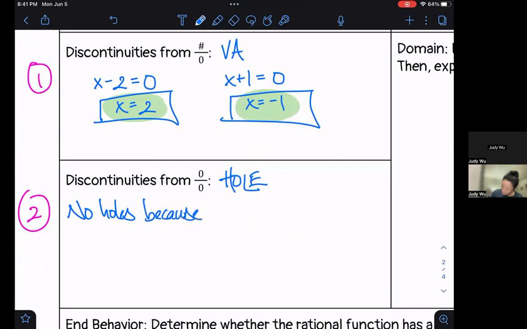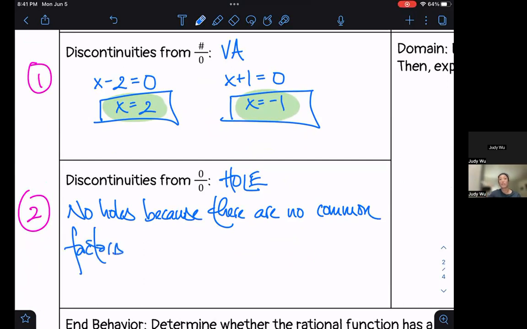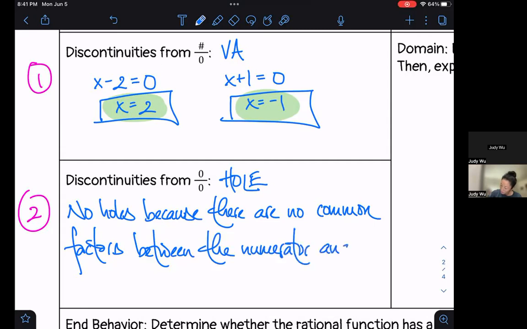because there are no common factors between the numerator and the denominator, okay? Now, I wanted to make sure we wrote this explanation because maybe it makes sense right now, but when we're coming back to study, I want us to know, okay, this is why we don't have a